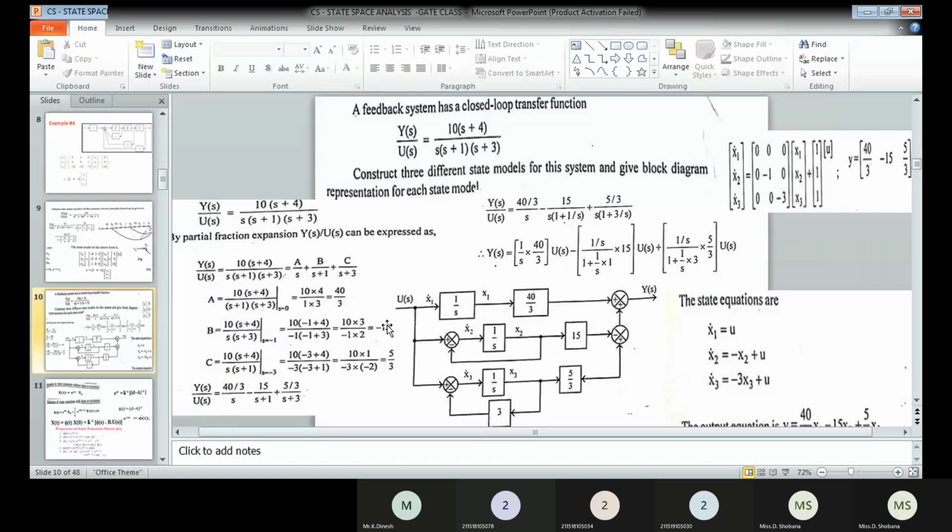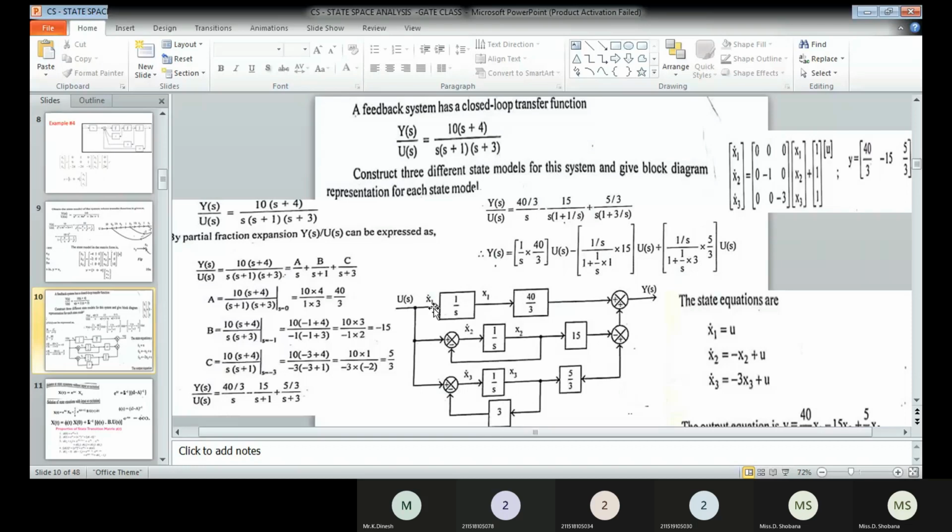Okay, so now you can see the canonical state diagram, and how many integrators are there. Three 1 by s blocks are available. At the integrator, the input will be the state equation and the output will be the state variable. You can assign any state variables. So x1 dot and x1, the second integrator x2 dot and x2, and the third integrator x3 dot and x3. Now before each x dot, if an adder is there, then add the signals from where they are coming. Then you will get the state equation.